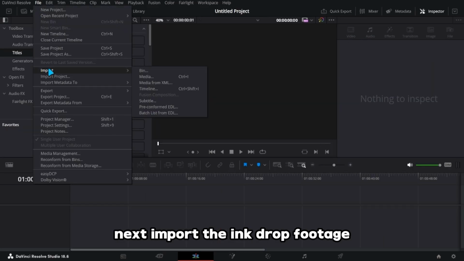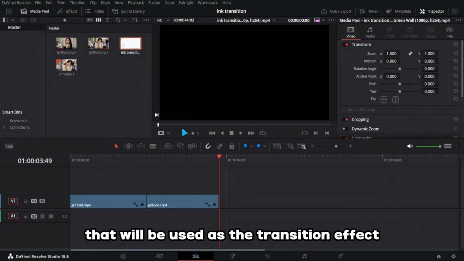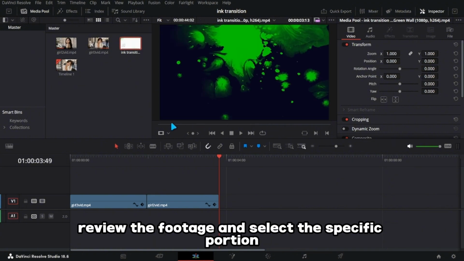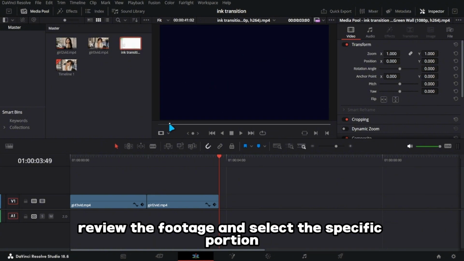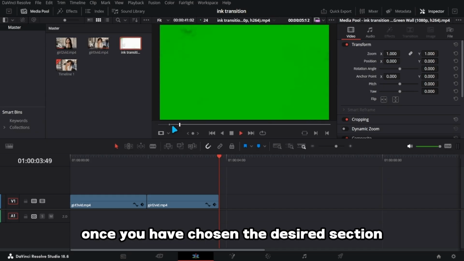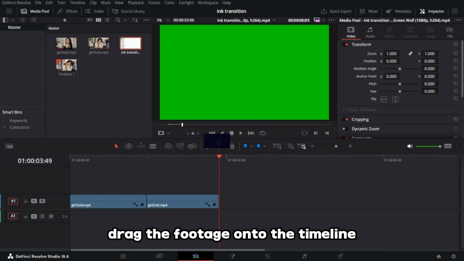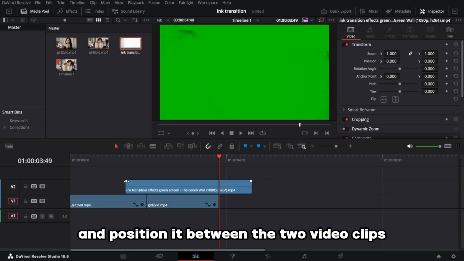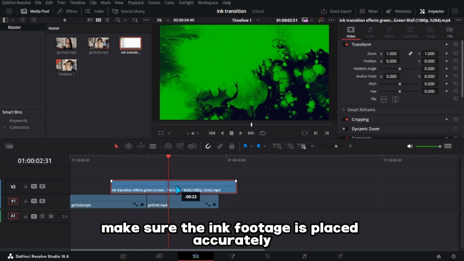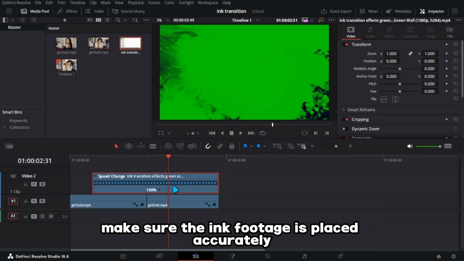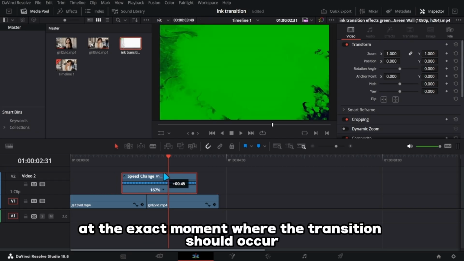Next, import the ink drop footage that will be used as the transition effect. Review the footage and select the specific portion you want to use for the transition. Once you have chosen the desired section, drag the footage onto the timeline and position it between the 2 video clips. Make sure the ink footage is placed accurately so that the effect appears at the exact moment where the